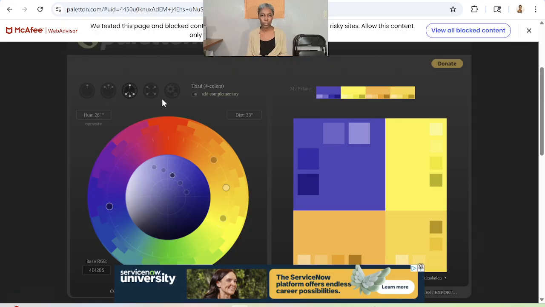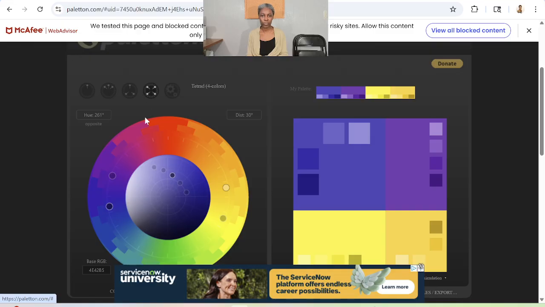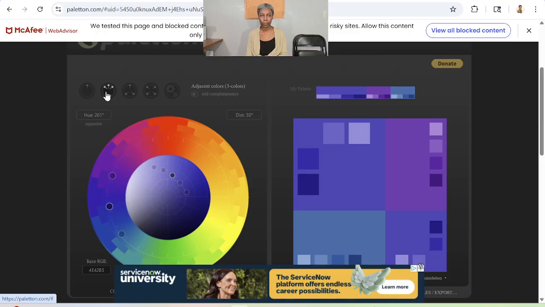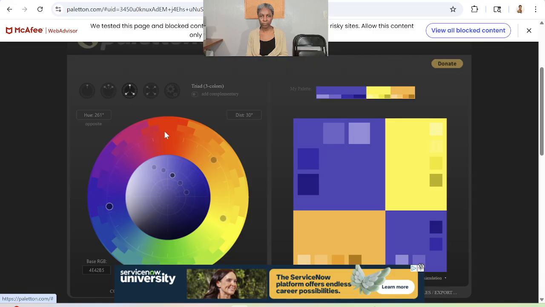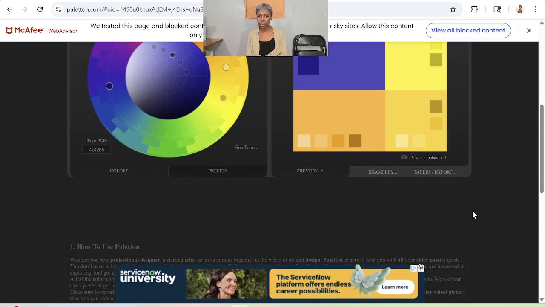of course, with the complementary. And now we can see the tetrad here. The tetrad is showing you one of the adjacent here and its complementary, and this complementary here as well, and so forth. So now what I like to do is pretty much the triad and the adjacent, and I think the adjacent might even give you that triad. You just need to click on the complementary here,